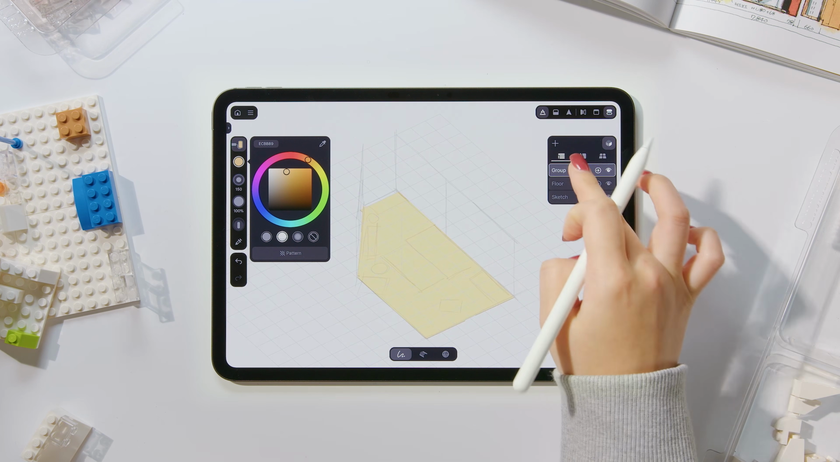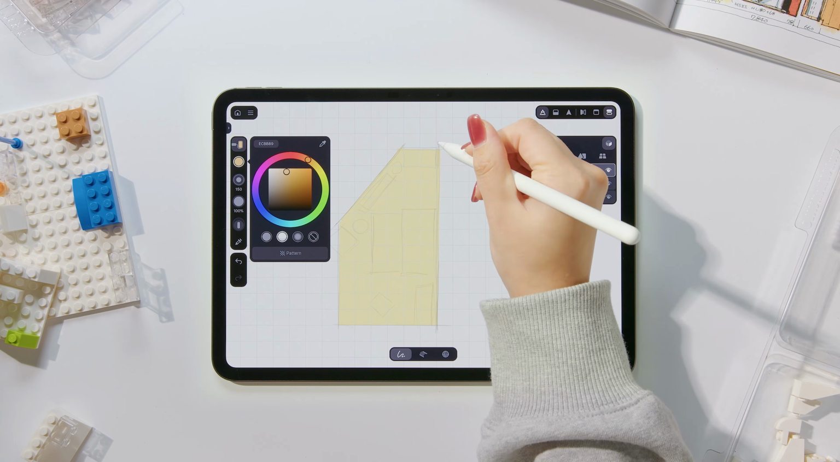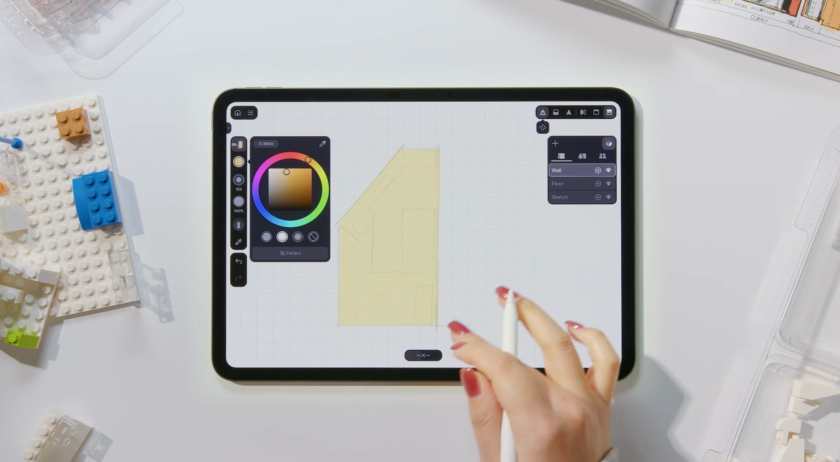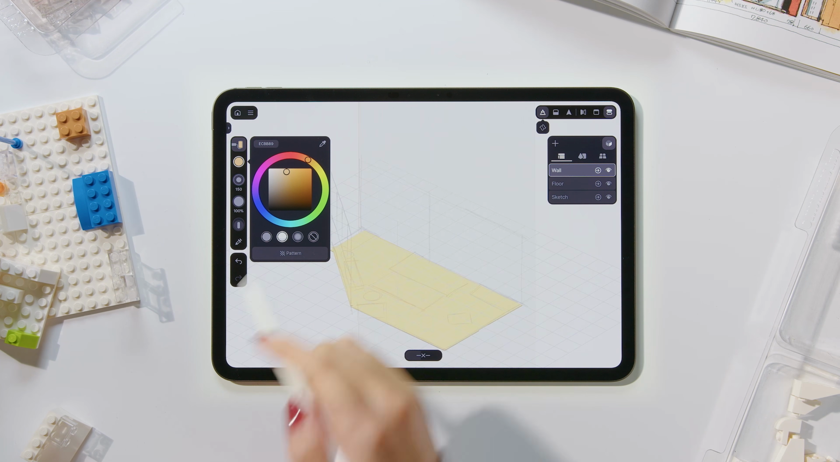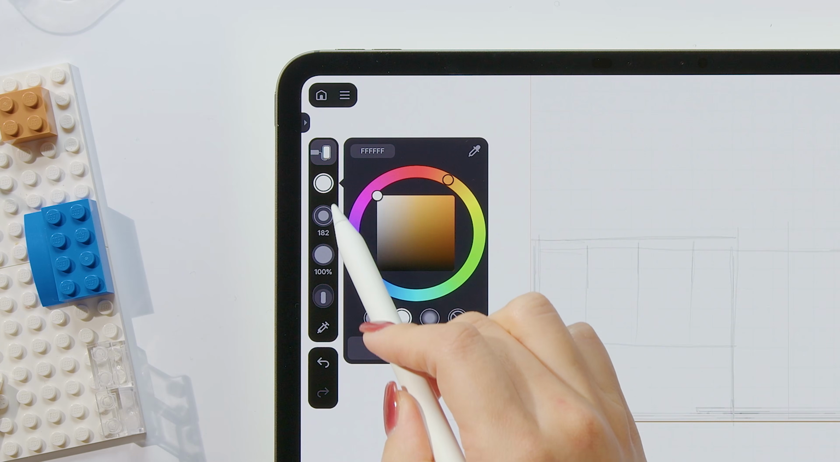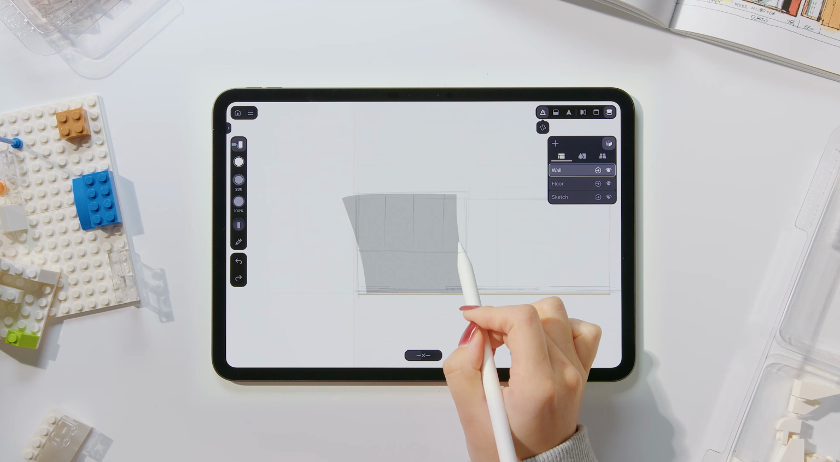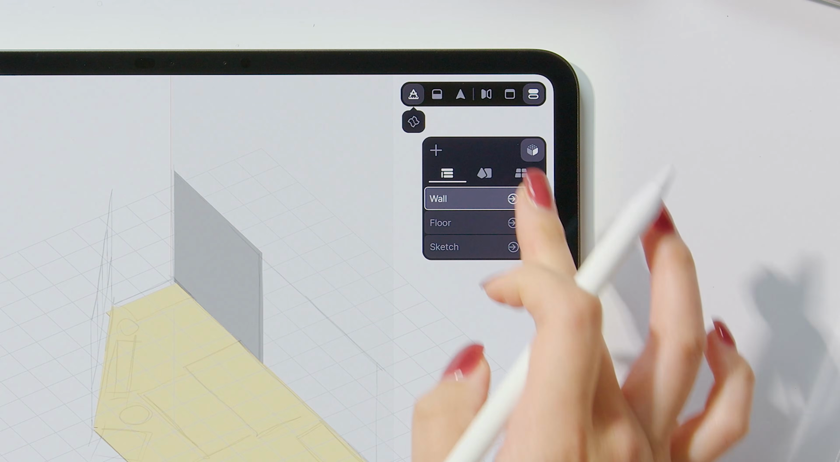Create a wall group. Create a guide for the wall. Change the brush color to white. Set the brush size to around 280 and draw the wall. In the Environment tab,